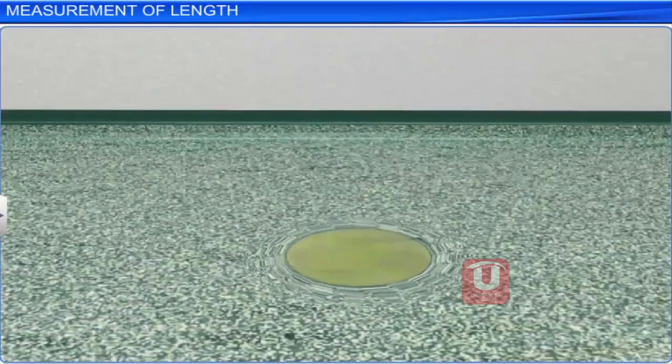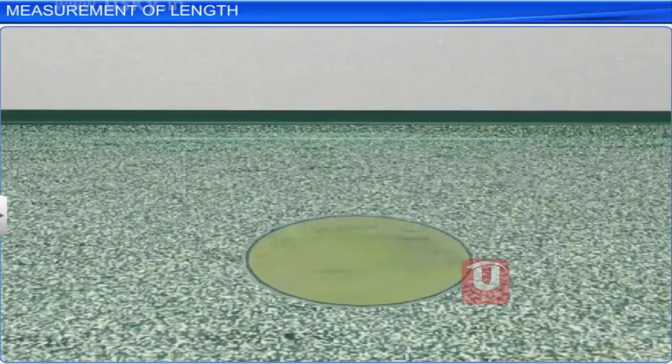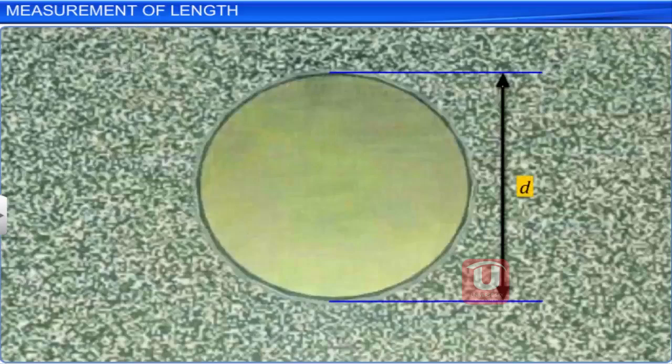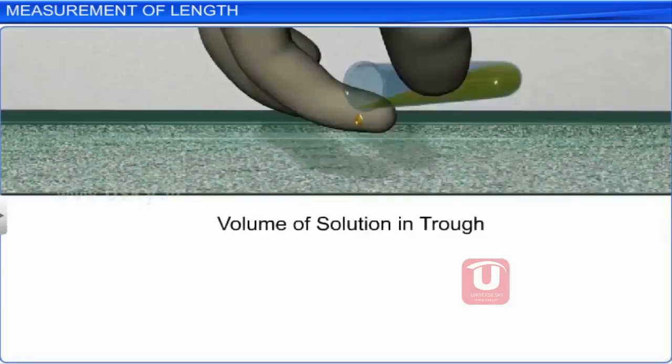By pushing away the lycopodium powder from the point where the drop is dropped on the surface, this makes the circular film of the acid drop identifiable on the water surface. Quickly, we measure the diameter of this circular film to determine its area, A. Let the approximate volume of a drop of solution dropped on the surface of water in the trough be V centimeter cube. As the concentration of oleic acid is 1/400 in the solution,